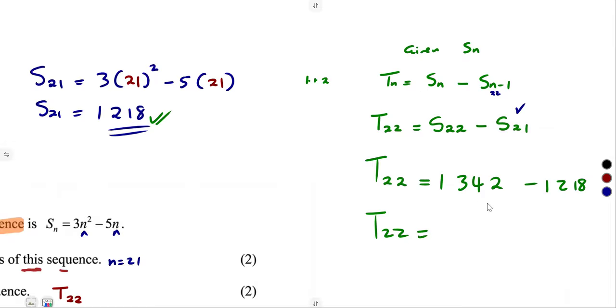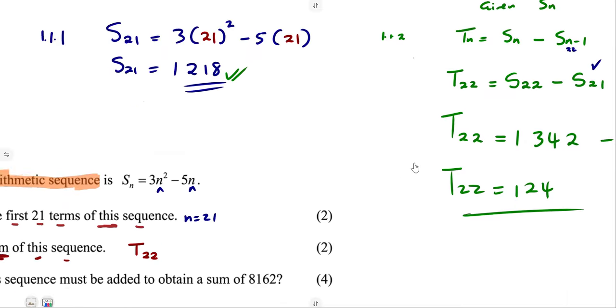So finding the difference, this was going to give us 124 as the difference. So that's our T22. You can be given any term from the sum of terms, just substitute in this manner, Sn minus S of n minus 1. So that is it on